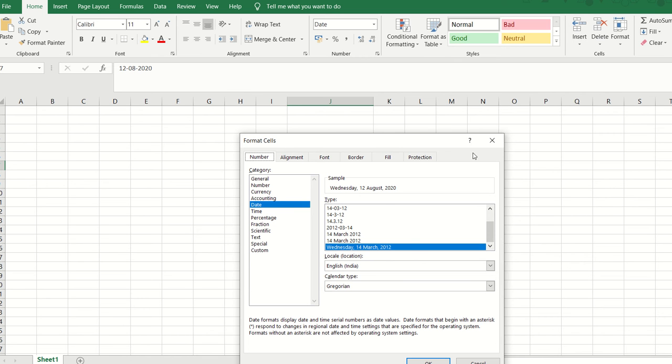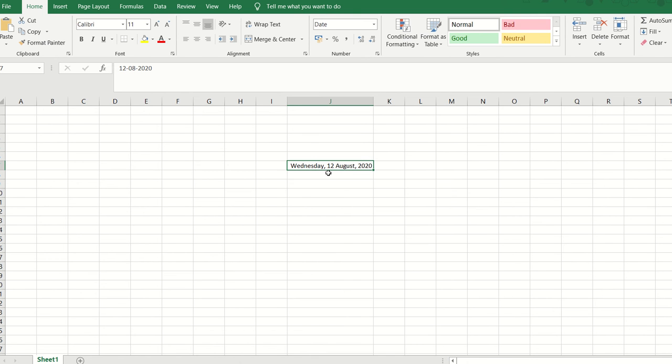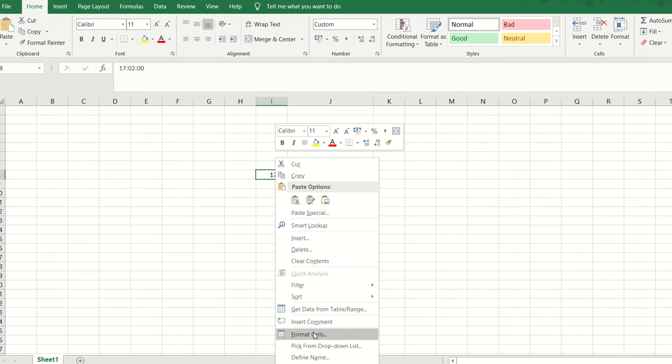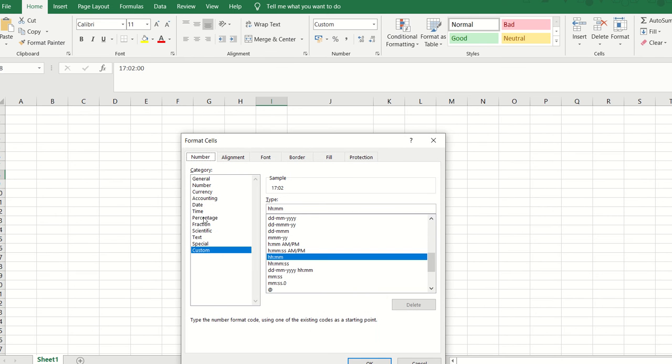So if I talk about the time, let's say that there is a specific time. I'm just taking an example, let's say that this is the time. Alright, so you have to delete that. Let's enter in this specific box. So I would be selecting this, right click on this box, go to the format cells option,